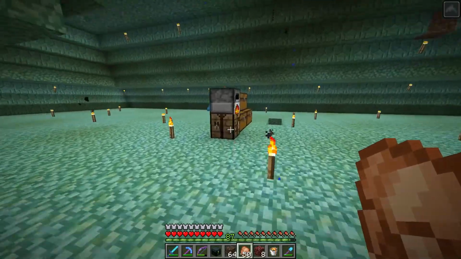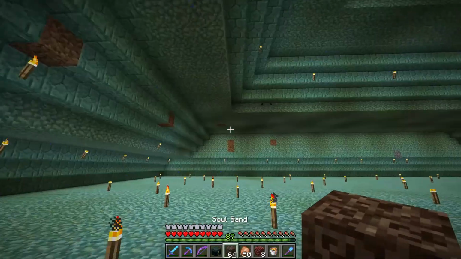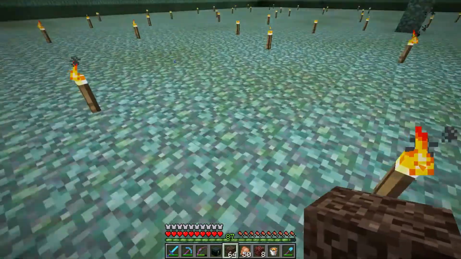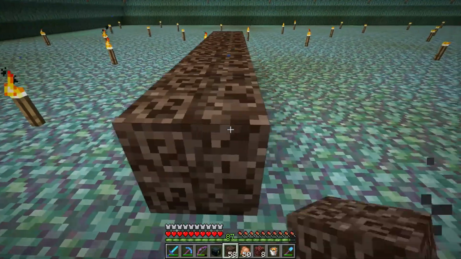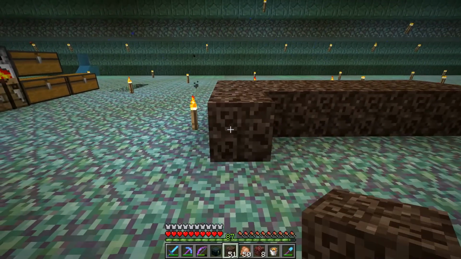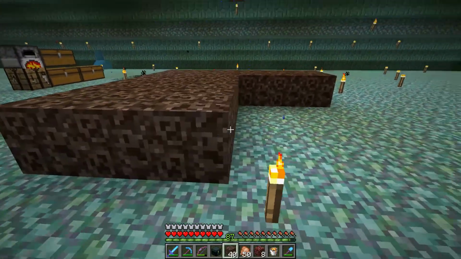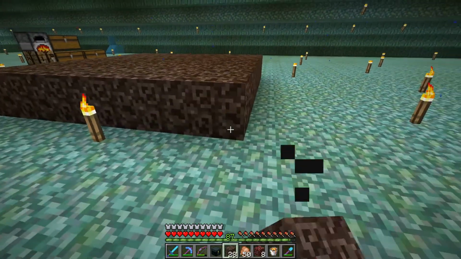is starting up a little bit of a farm, so I'm cooking up some glass. And what we're going to do, let's see, where's a good spot for this? We'll just do it right here. Yeah, we'll do a 6x6. That's 3, 4, 5, 6. We're going to do the soul sand and solid water blocks,